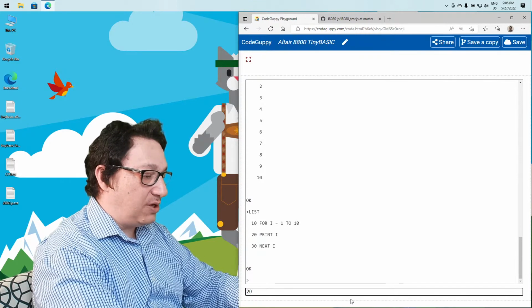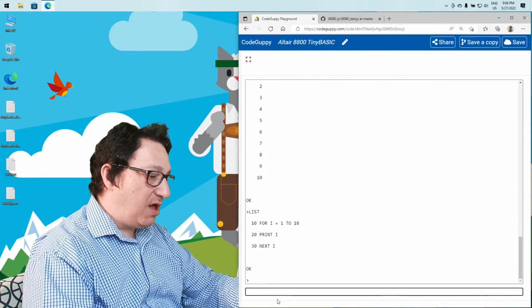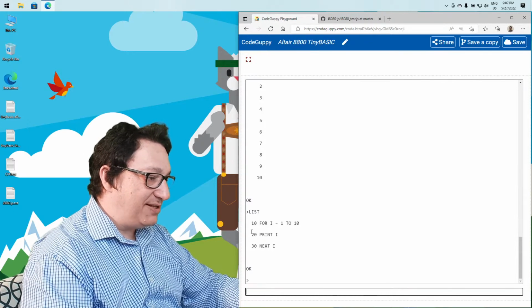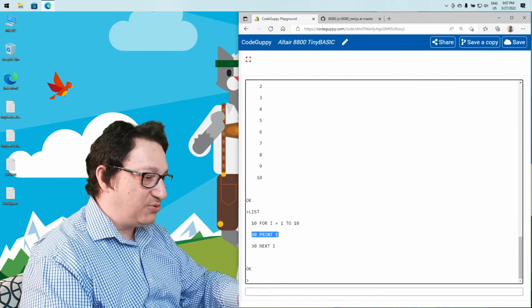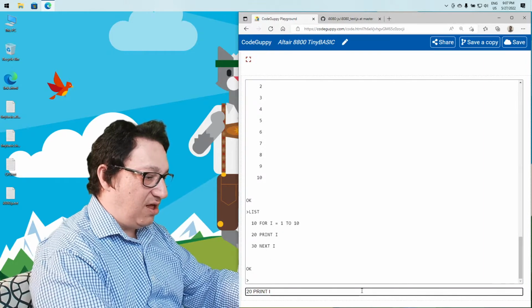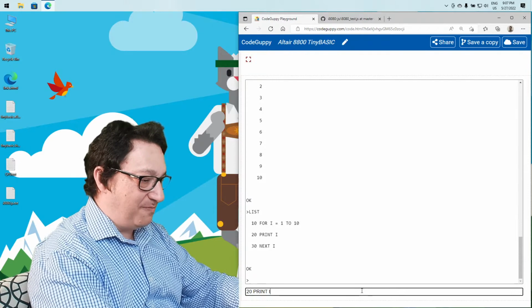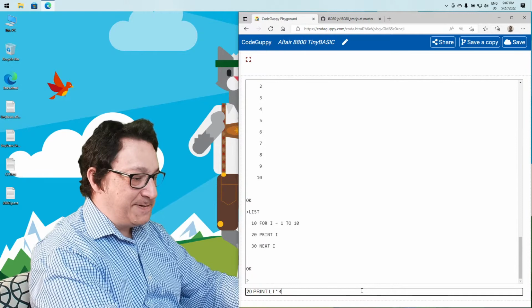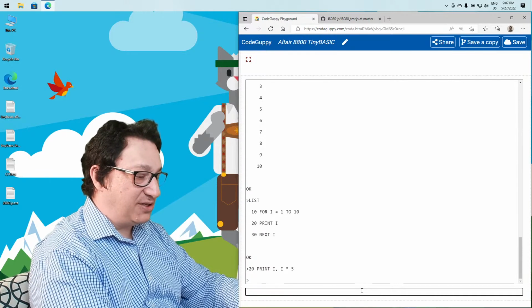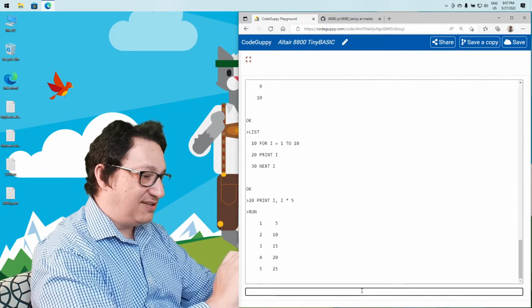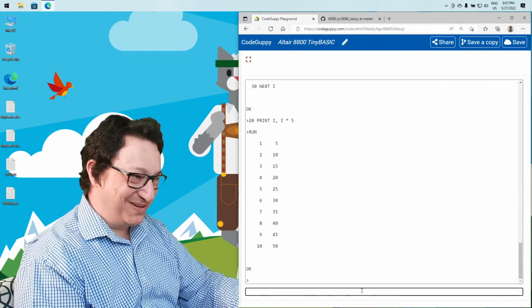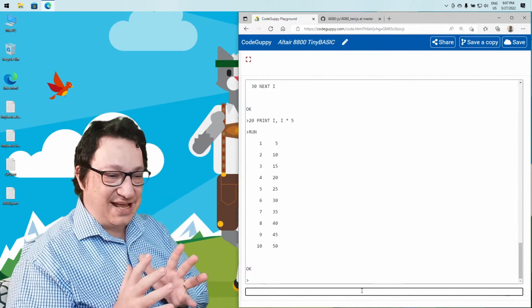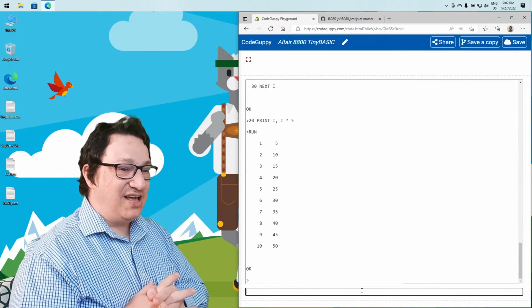If we want to change line 20 here, we have to overwrite it, writing 20 again. This is one of the reasons we implemented this in this way. We can edit this much nicer than on a terminal style computer. Let's do a multiplication table with 5. If we run it, all right, we see the numbers. So this is fun. Now, what you can do as a next step,